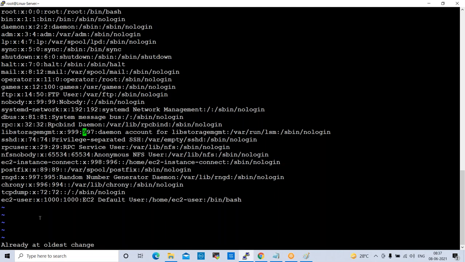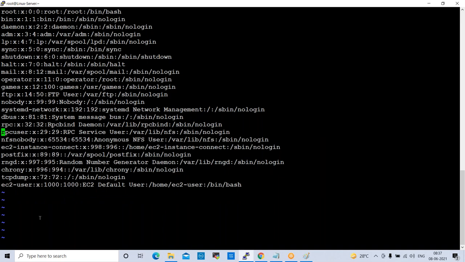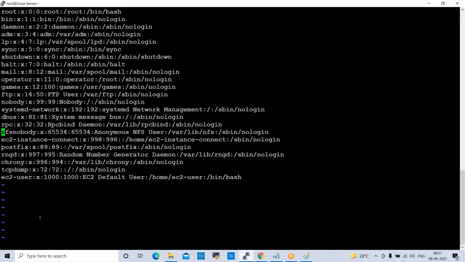Okay. yy we know, yy copies the entire line. There is also nyy to copy n number of lines. To paste the line, small p. And if you want to delete any line, for example this line I want to delete, the entire line, small dd. See here, you can delete like this, small dd.